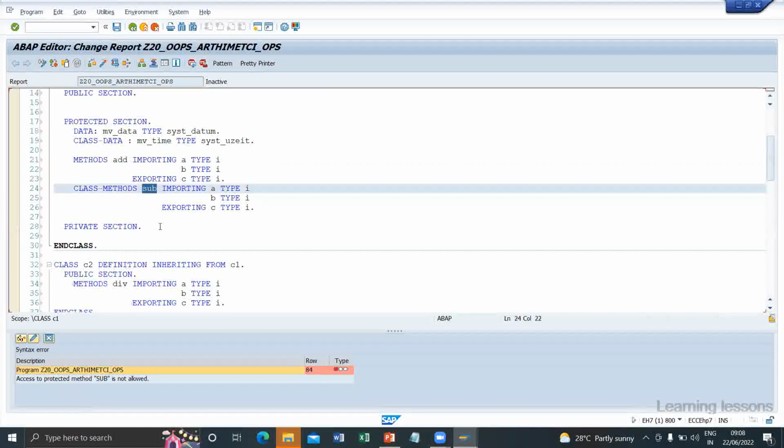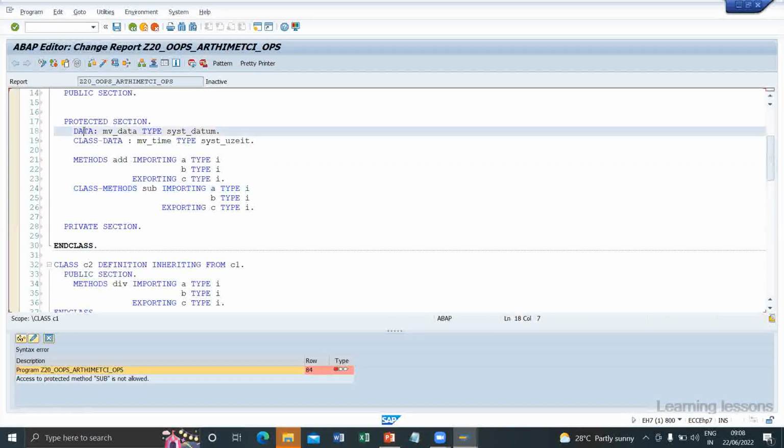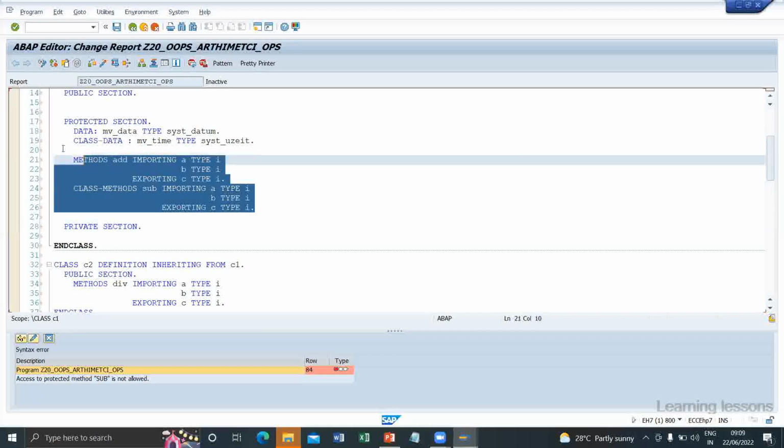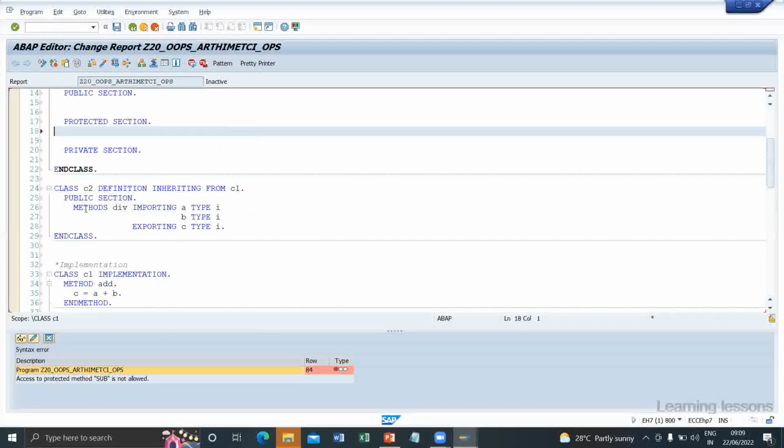Static one. Protected and private ones will not be inherited. Okay, we will not be able to access them. If I mention it here in the private section,